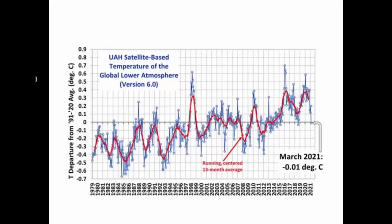Now, I want to show you a couple of things with sea surface temperatures and global temperatures. We've shown you this over the last couple of months, that satellite-based temperatures, basically these are satellites that are sensing the temperature, not airports, not cities. The satellites are measuring the temperature in the lower atmosphere over the whole globe. And this is a much more accurate way to measure the lower levels of the atmosphere because you're measuring the whole globe. You're not measuring airports that are spaced 50 miles apart, that are subject to urban heat island impacts